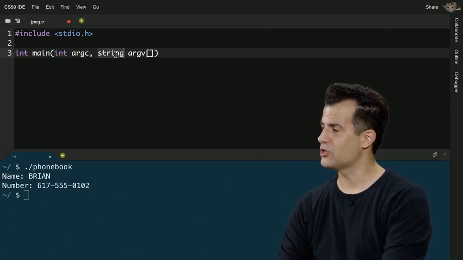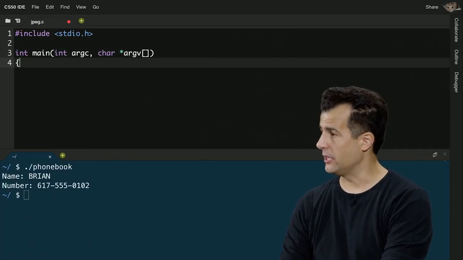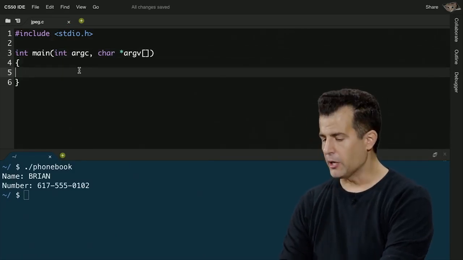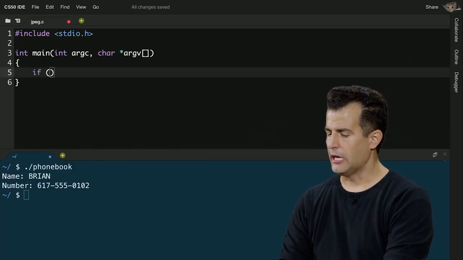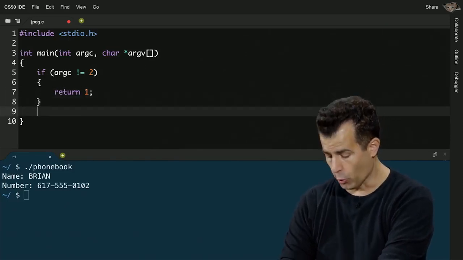But you know what? We don't need strings anymore. This is actually what you've been typing sort of unknowingly the past week when you're using command line arguments, or the past couple of weeks. Now I'm going to go ahead and do a quick error check. If argc does not equal 2, I'm just going to quit. I want the human to type not just the program's name, but one other word as well.